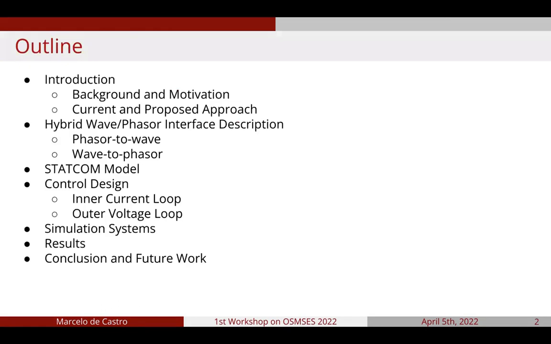This presentation is divided into 7 parts: the introduction with the background information and the motivation behind the study, the interface description, which allows us to perform the simulations presented here, the STATCOM model with its internal structure, the controller description, a section about the studied systems, the results section, and finally the conclusion and